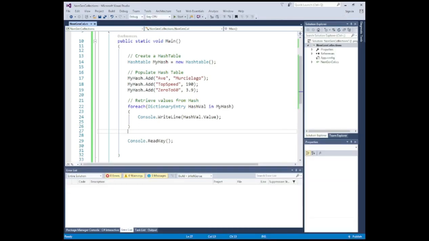We can also have a quick look at obtaining just one value from the hash. So retrieving a single value from the hash, we use the key. So this portion of the hash table is a key. So in order to retrieve one value, we could do something like